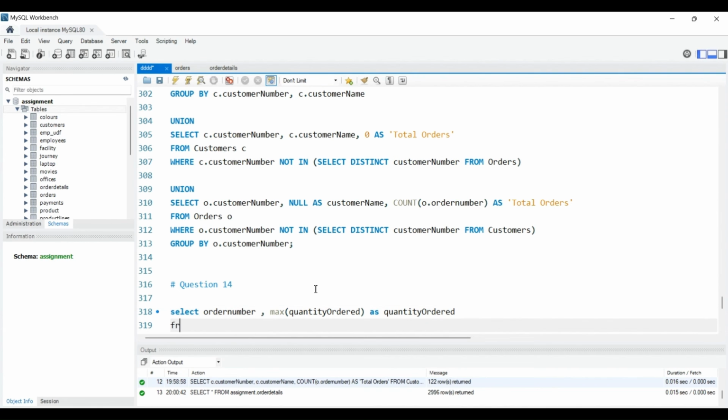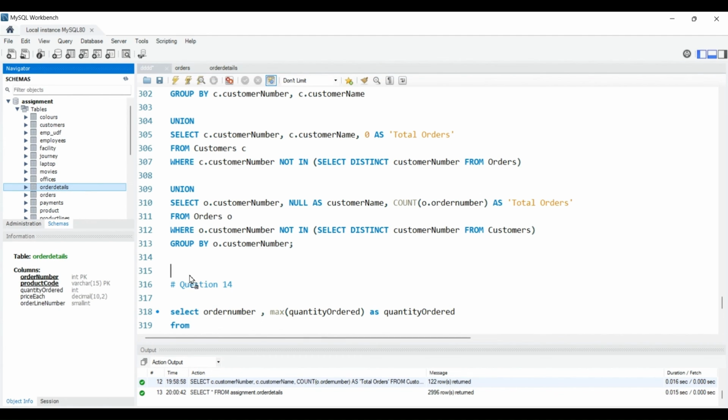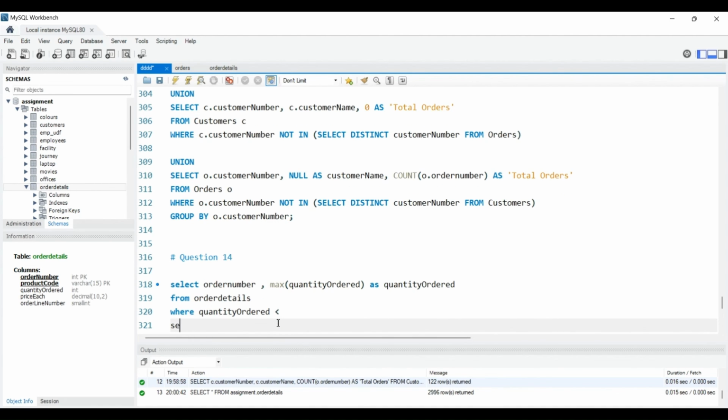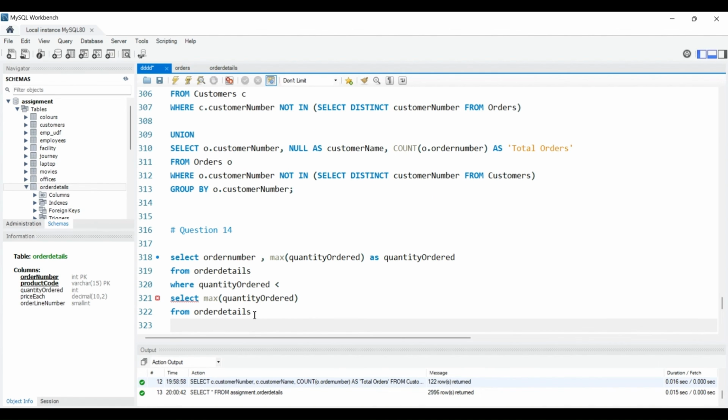Okay, then what I will do, I will write from which table we're gonna have, order detail table, right? So I will just put it here. Then I will write our where condition, where quantity of order is less than subquery. I will use select max of order quantity from order details table, and then I will assume this is our another table as a